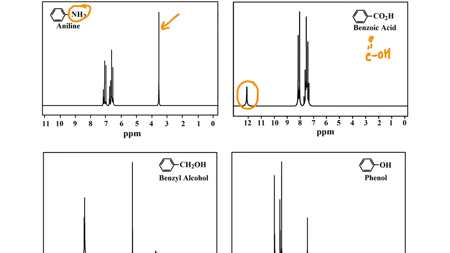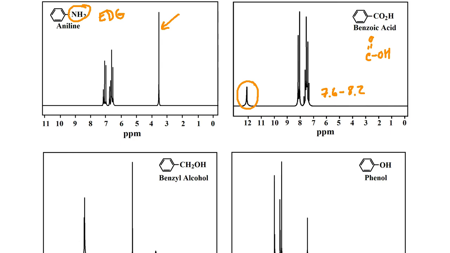And so what we can see is, in the case of the electron withdrawing group, we find the aromatic protons are approximately 7.6 to 8.2,